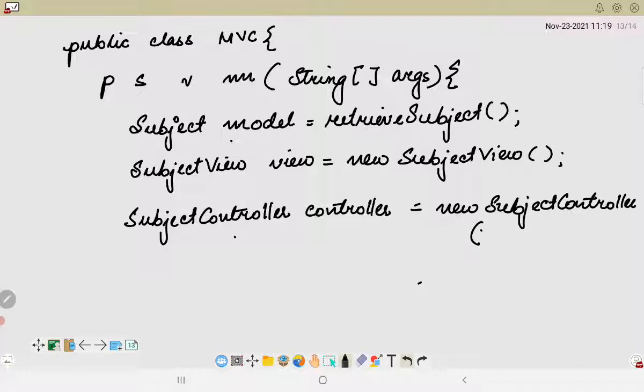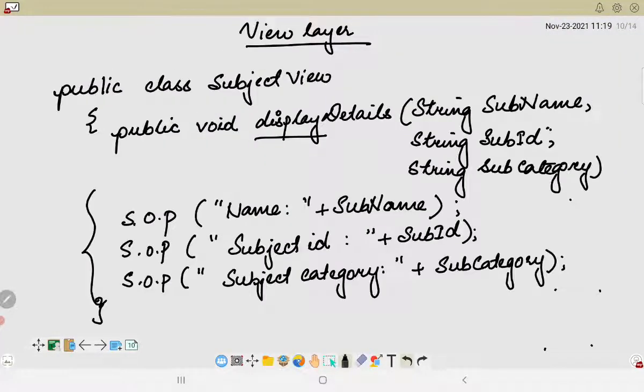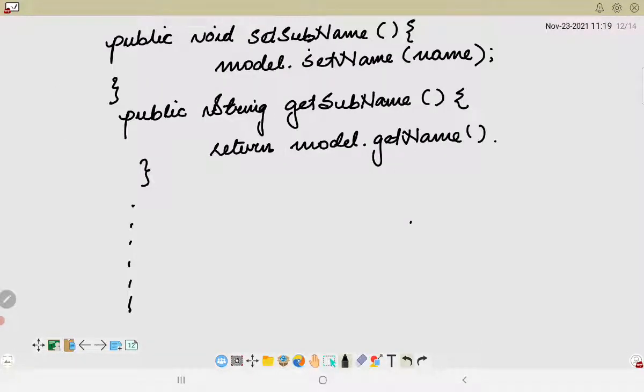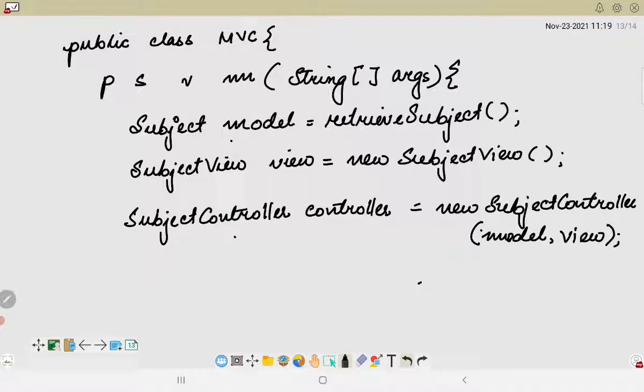It is a parameterized one because we are passing the values of model and view in this particular object. If you look into the controller, we are already passing the objects, which are the variables which are actually the objects of each of these classes.